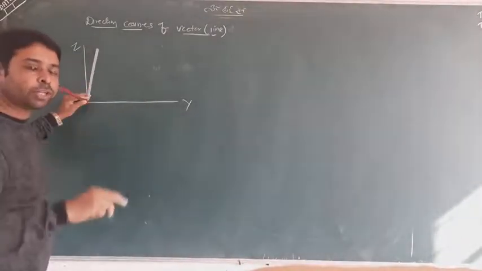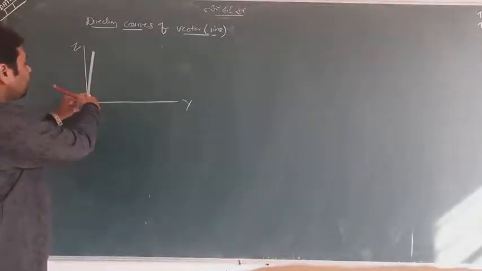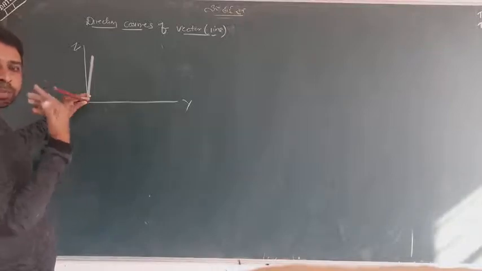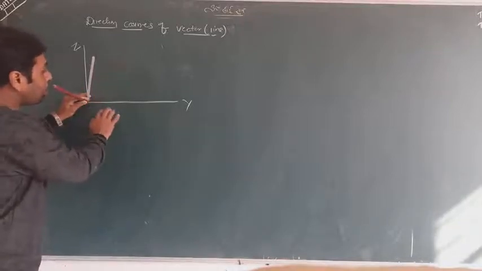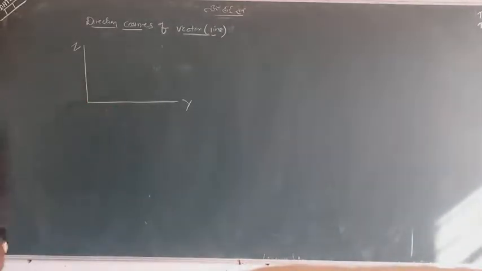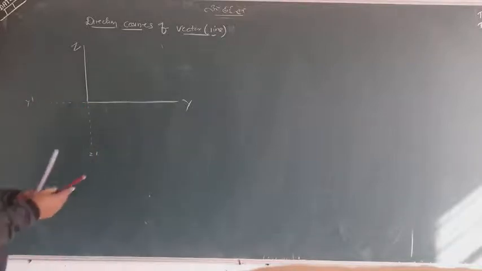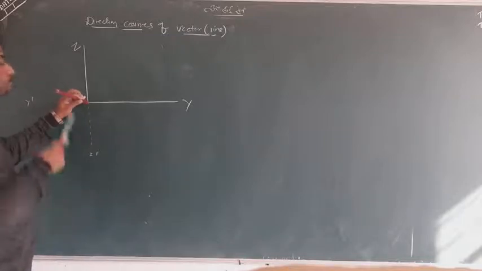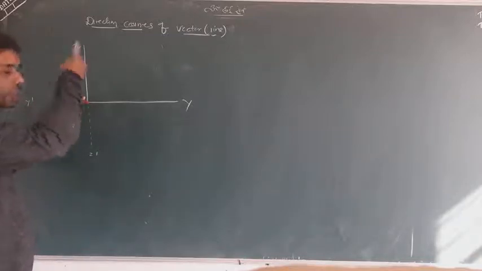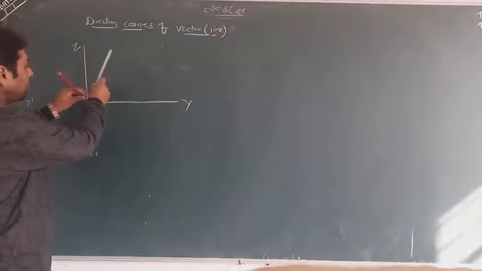And you know, we have a direction. This is called a positive direction. Why? Because this x-axis is right here, upside towards my side, but just behind the board it is also x-axis. One more thing I have to tell you: this is the y-axis, and this is also the y-axis, the negative y-axis. This is also the negative z-axis. Same as your x-axis I taught you, OX, and OX dash is behind the board, which I cannot make.